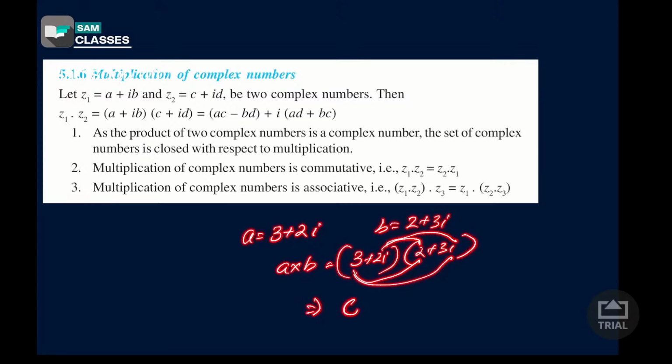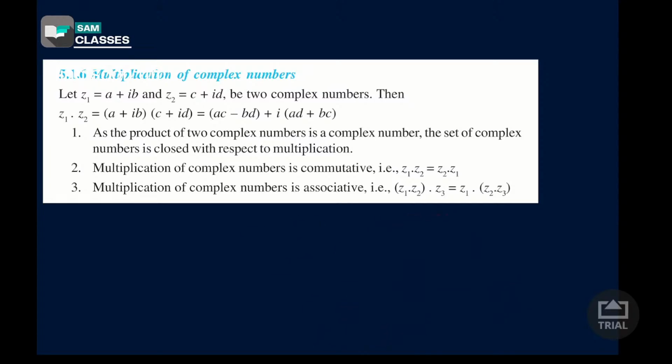So 3 into 2, 6, plus 3 into 3, 9i, plus 2 into 2, 4i, plus 2 into 3, 6, and i square. So 6 i square, what is i square? Minus 6, plus 9i plus 4i. So what will I get? 6 minus 6 is 0, vanished, and 9 plus 4 is 13i. Clear everyone? If I do it in terms of a plus ib also,